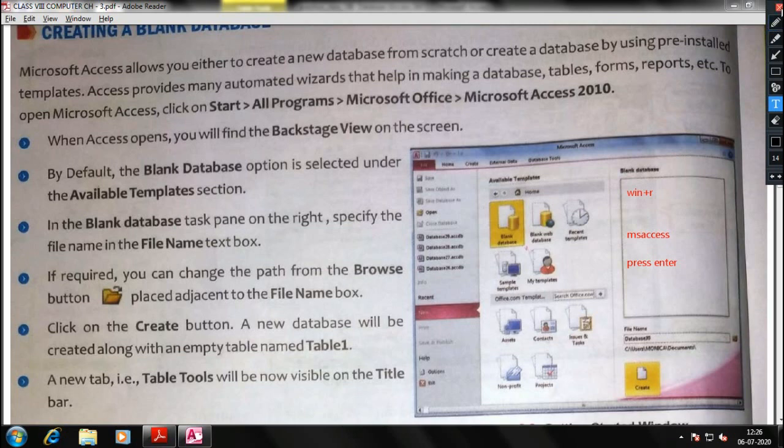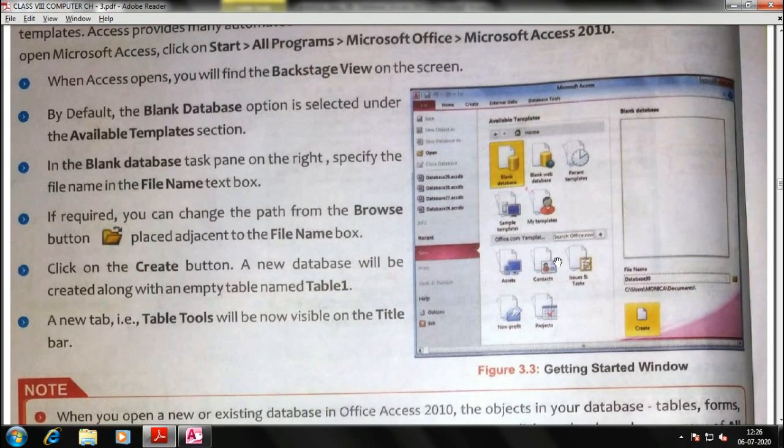Okay, it is already readable, I can see it. Windows R, right? Then MS Access, then press enter. These three options are there. Next is this, we have already done.